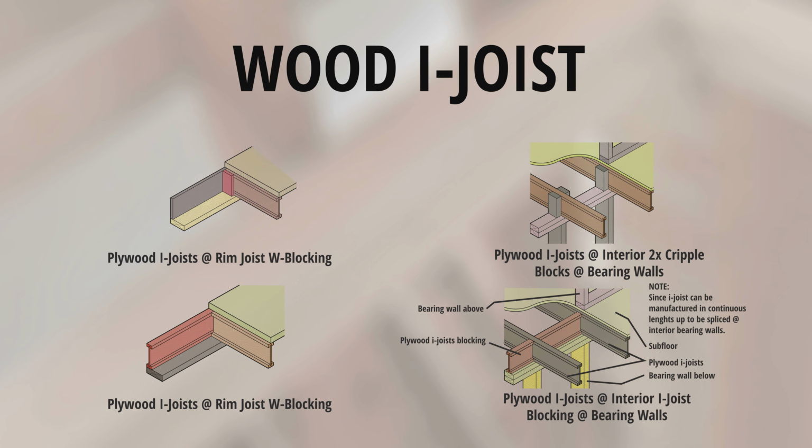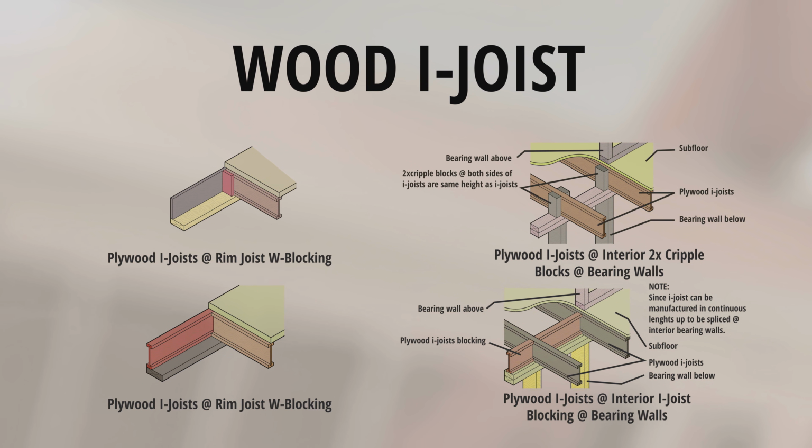Plywood I-joist at rim joist with blocking. 2x4 cripple block at both sides of the joist for 3/4 inch or thinner plywood rim joist. Site-made plywood or laminated veneer lumber rim joist. Pressure-treated mud sill or top plate of stud wall. Plywood I-joist. Subfloor. Note, laminated veneer lumber LVL joists are sized to correspond with depth of plywood I-joist